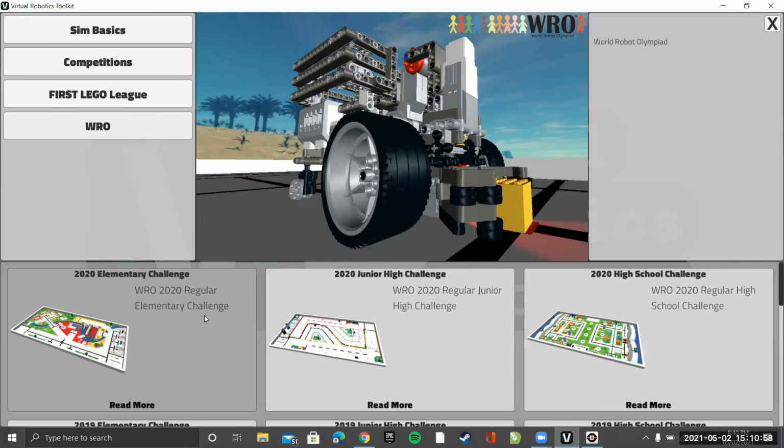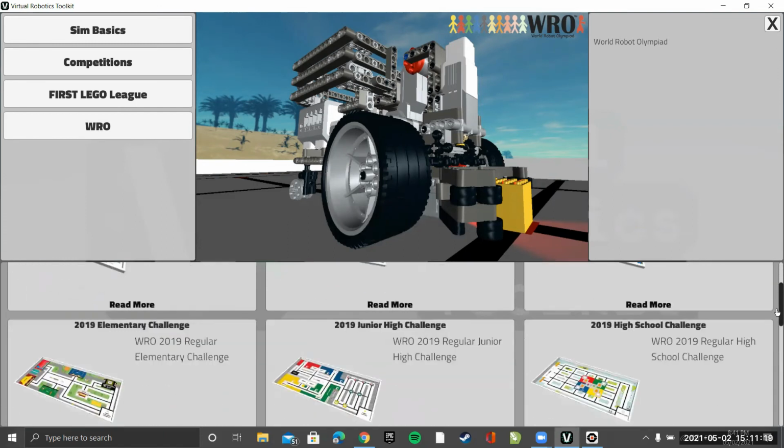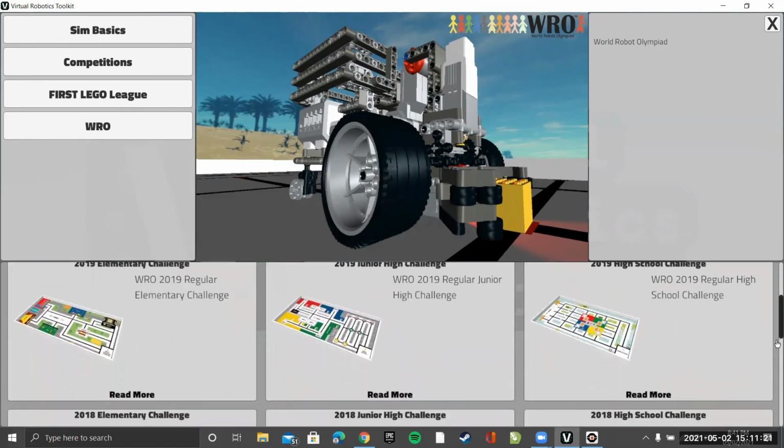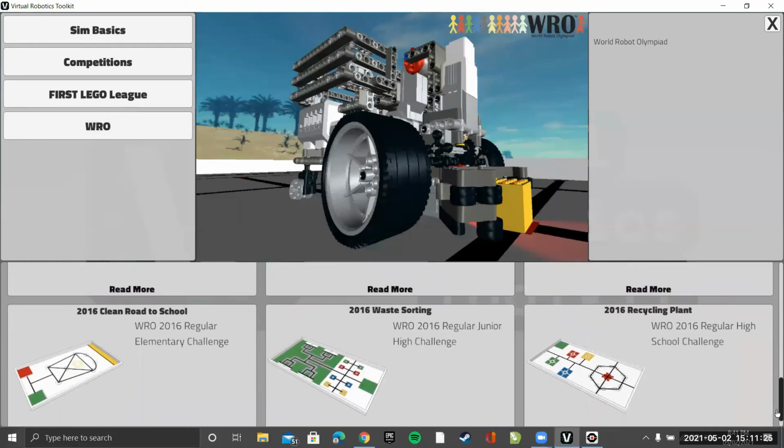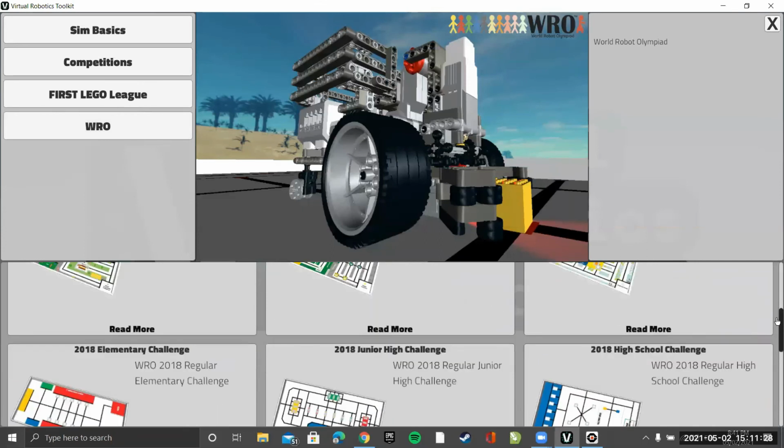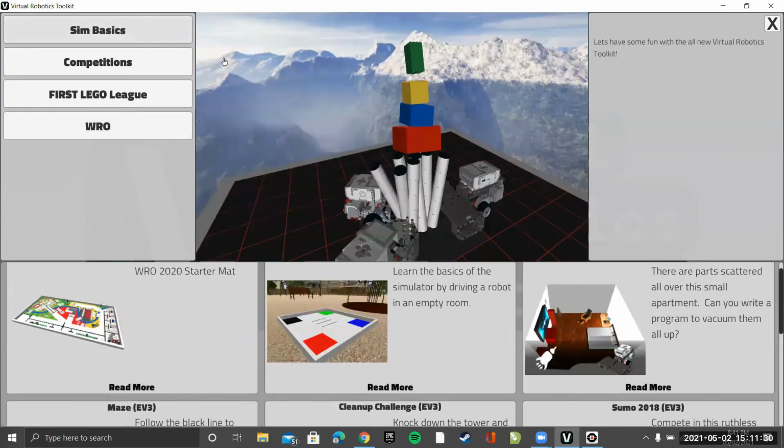But this year it was a boon to all the kids, because the competition itself is online, so you can practice all your missions over here. Now, that we can see what we'll do later, because now we don't have any competition mats ready. So these are all the competition mats available for the World Robot Olympiad.